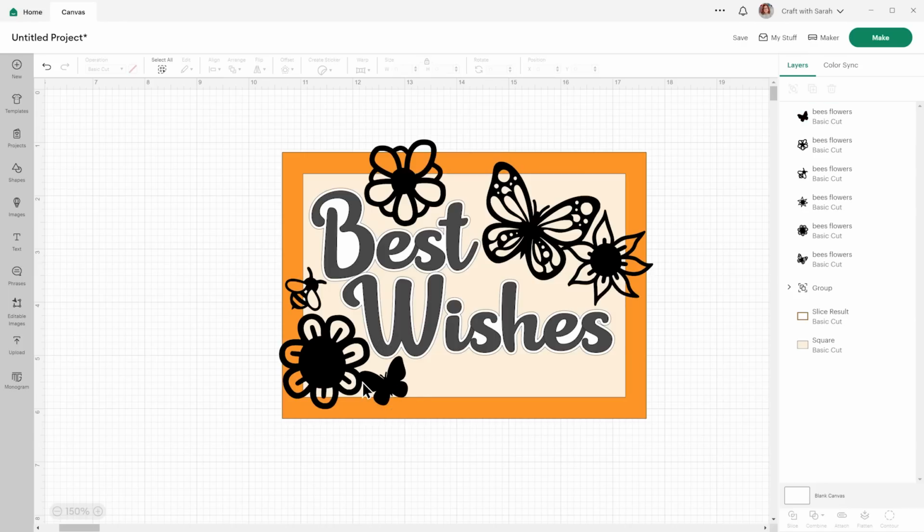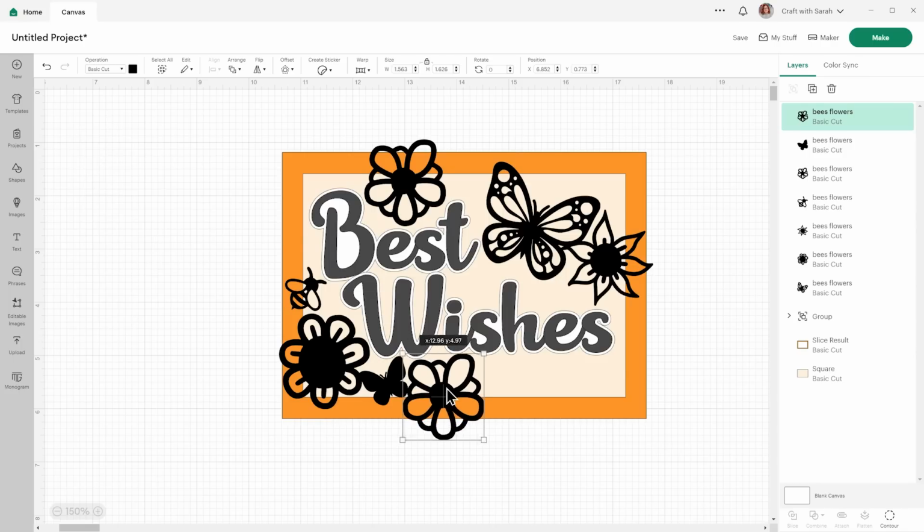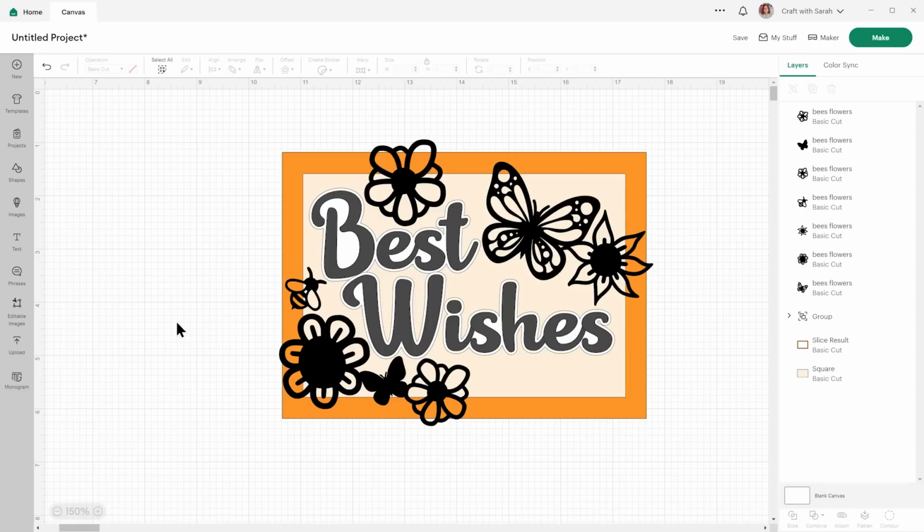You want the outlines of your pictures to be touching in places so that it's all joined together. That way when we cut out our top layer, the darker coloured one that I showed you at the beginning, everything will kind of be joined, so it's much easier. But I'm just leaving a little gap from the text for now, for when I add the other offset. Don't worry if you've got bits hanging over the edge, we'll cut all those off at the end.